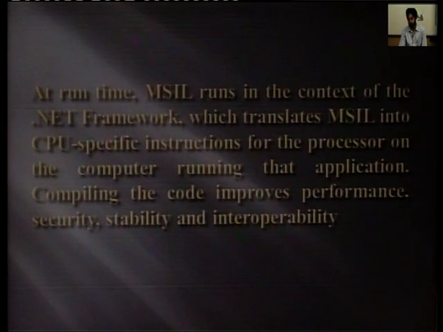So whichever programming language you use, execution of the program in the .NET framework is very fast, and security is our main agenda in implementing our programs.